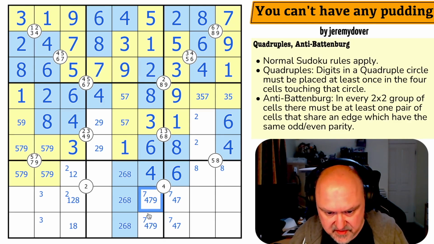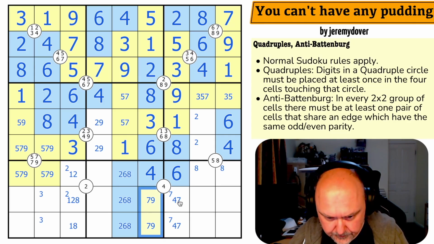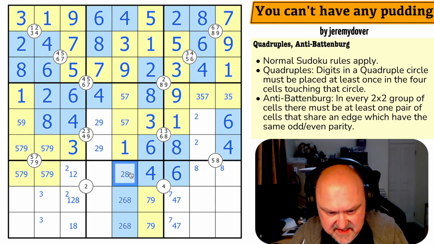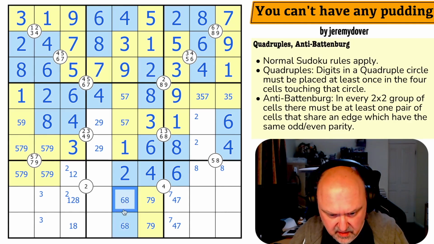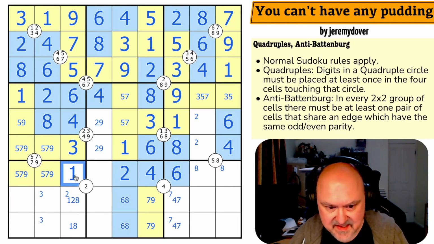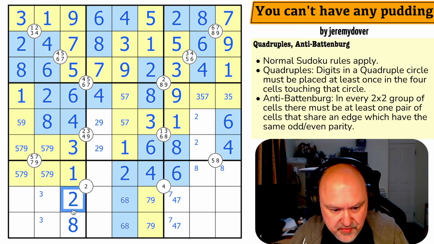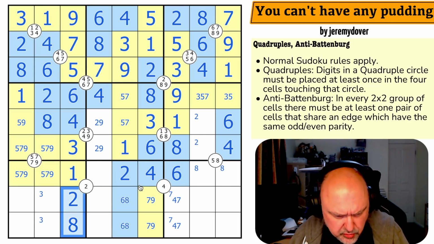Taking 6 out of those and 4 out of those. 7 and 9 are all odd. The 6 takes 6 out of there. Oh, the 8 looks across, making that a 2. So I can take the 2 out of there. That 2 makes that a 1, which is odd, which makes that 8 and that 2. These are both even. This is so cool.